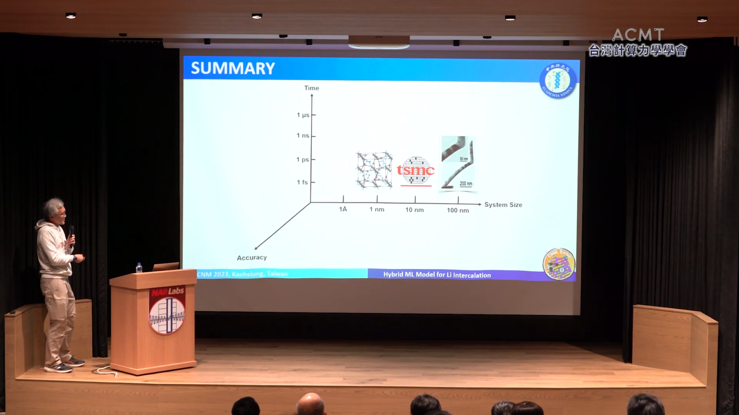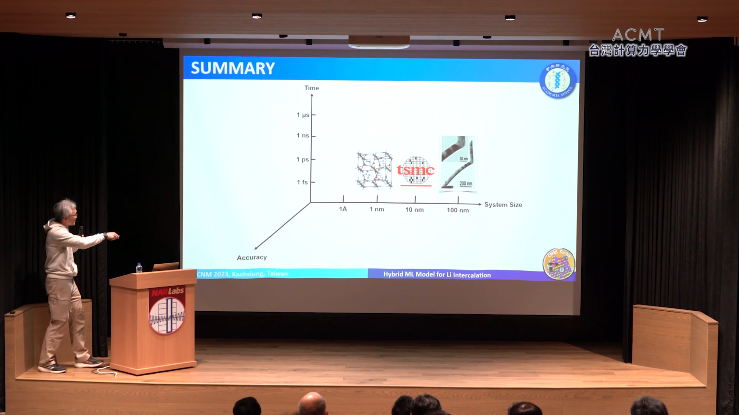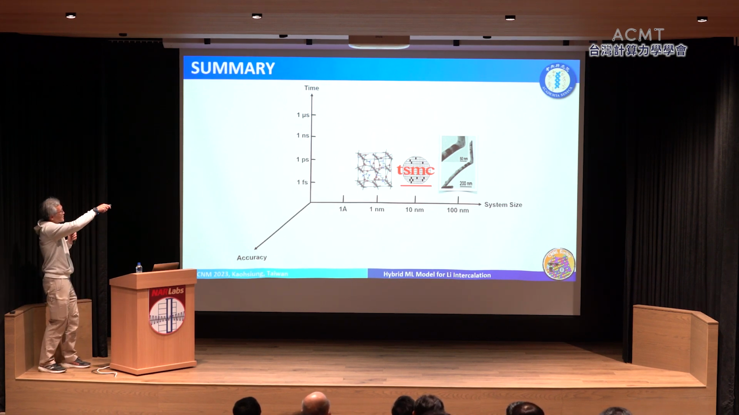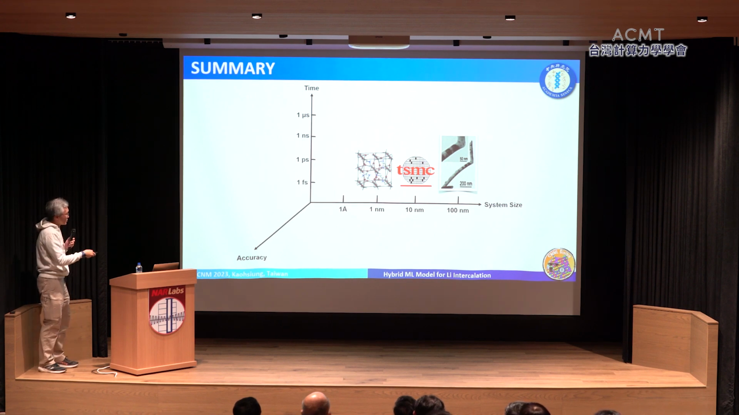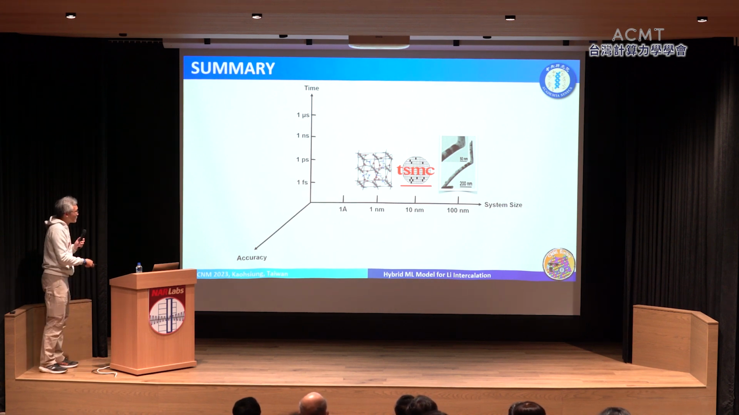Okay, so this is the summary of my talk. This is the accuracy. This axis shows the accuracy, this axis shows the system size, and this shows the time allowed for simulation. So you see, this is very small, and, well, I think right now this one should shift a bit leftward. But anyway,